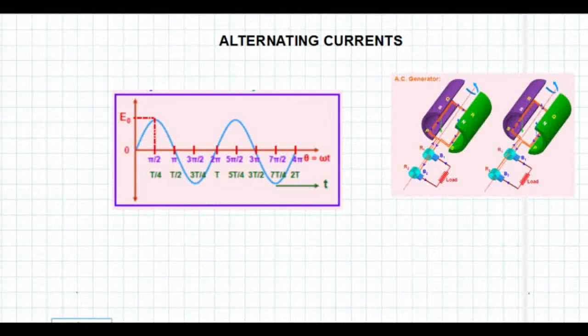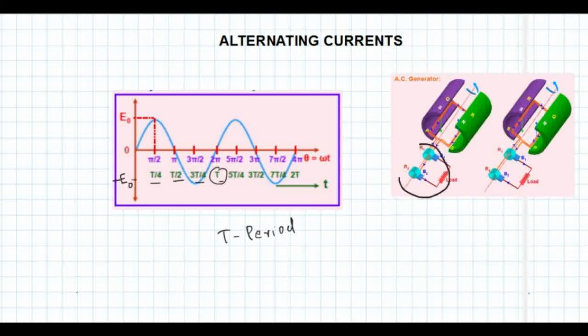So here you can see the values are changing, right? Omega t up to 4 pi we have drawn. Previously we have drawn only up to 2 pi. So here the values are drawn up to 4 pi. That means 2 rotations. And here there are markings like T by 4, T by 2, etc. So what is T? T means the period. It is the time period of the rotation of the coil. It is the time required for one complete rotation. So time period represents the time required for one complete rotation.